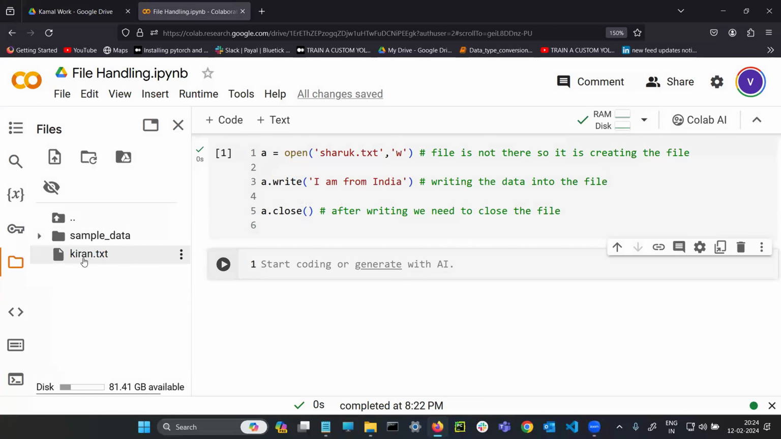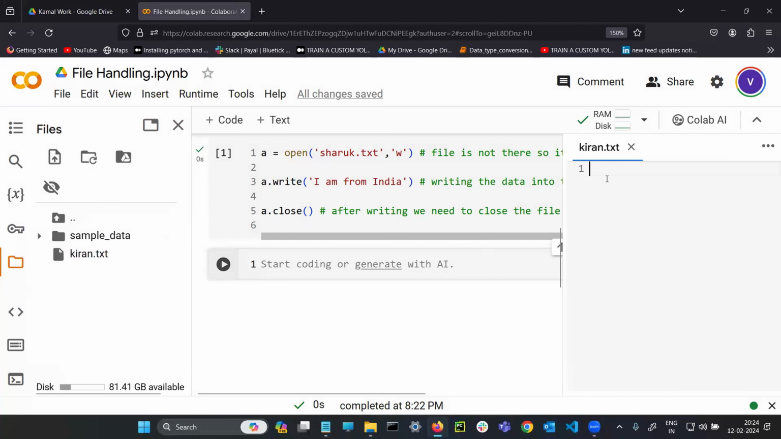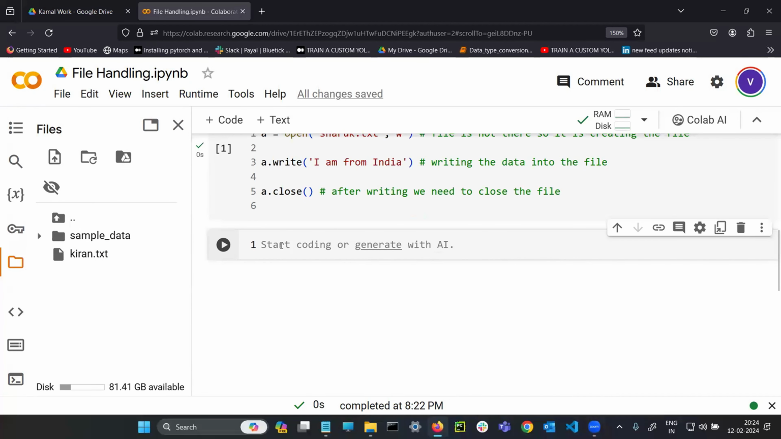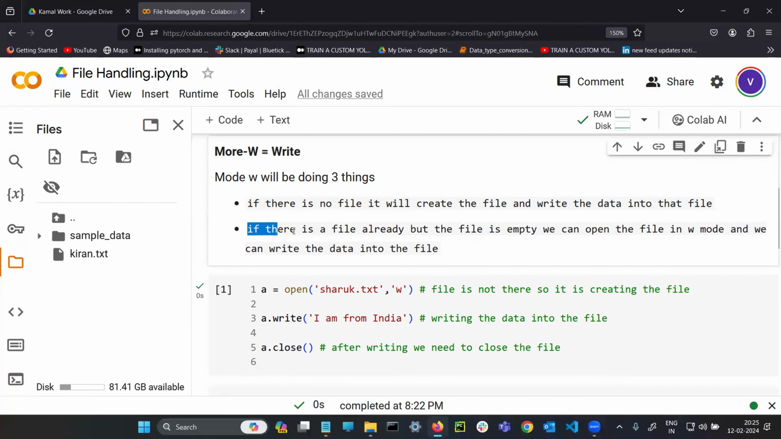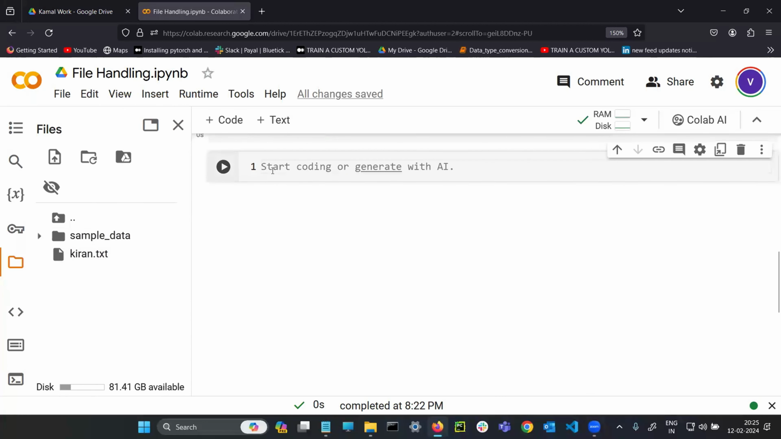Now tell me guys, the kiran.txt file I created, is it empty or not? Yes, it is empty. According to point number 2, if there is a file already, but the file is empty, we can open the file and we can add the data. Simple. See, a is equal to, I want to open